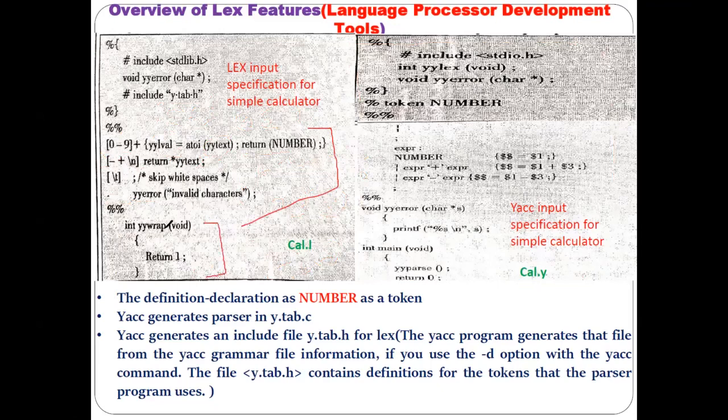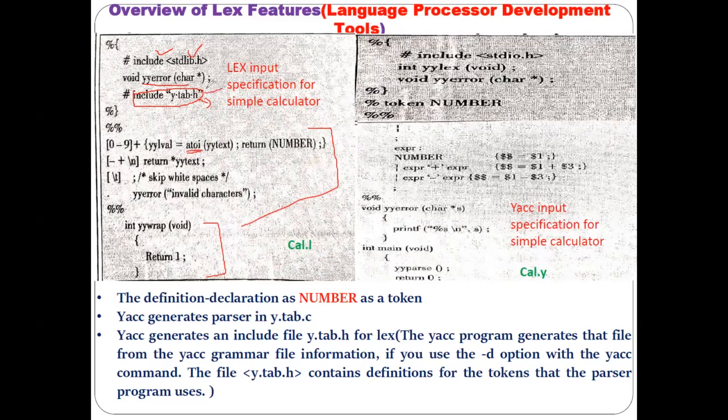So that is all about the rule section of the Lex program and the user function. Understood? Now you can see here, in the declaration section, you have mentioned the hash include stdlib library header file. Understood? And also you have mentioned the YY error function. And the third part you have mentioned is the hash include y.tab.h. Now what is the meaning of this y.tab.h? That I'm telling you. The stdlib library you need to mention here, as you are making use of different kinds of returning here, and the atoi function also you are using here. So for this purpose you need to mention the header file stdlib.h.